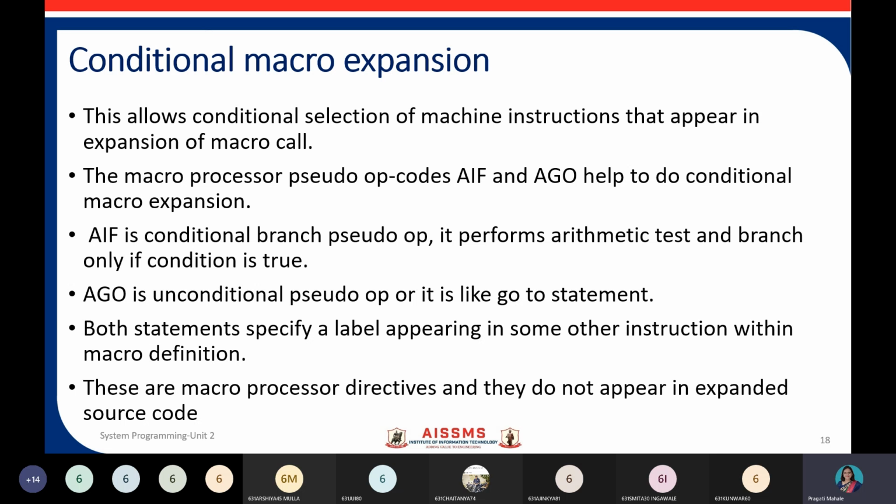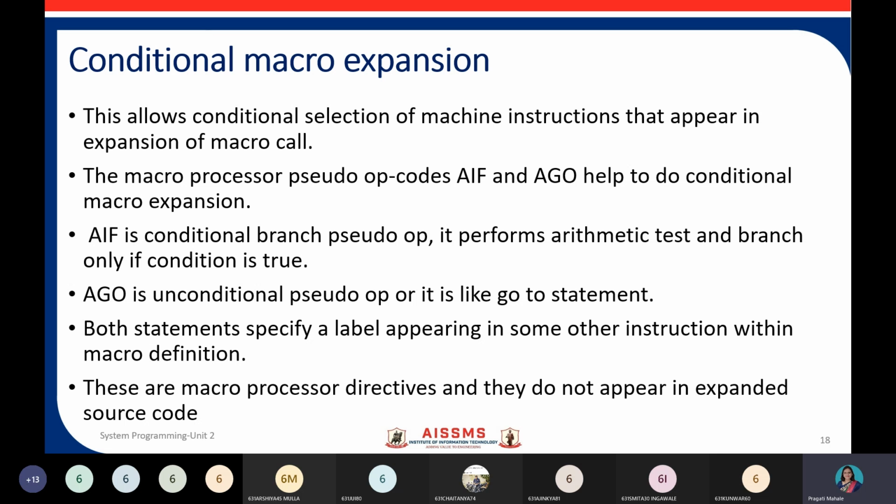So the macro processor has pseudo operations. It permits recording of a sequence of macro expansion, and there are two ways of conditional branching, which are called AIF, that is like an if statement, the if condition that we use in C programming, and AGO, which is an unconditional pseudo opcode.